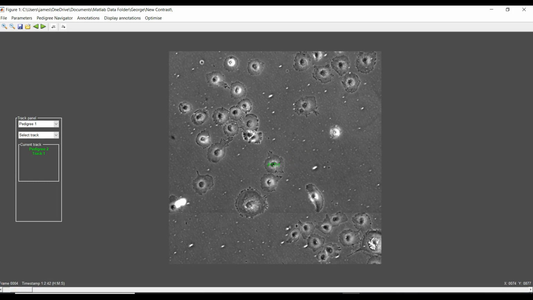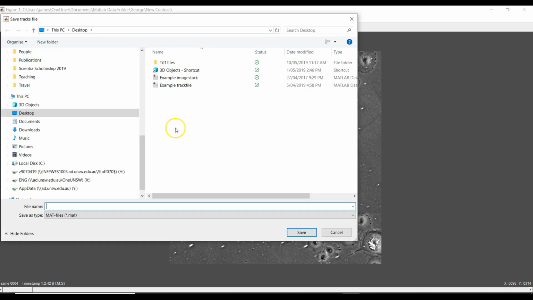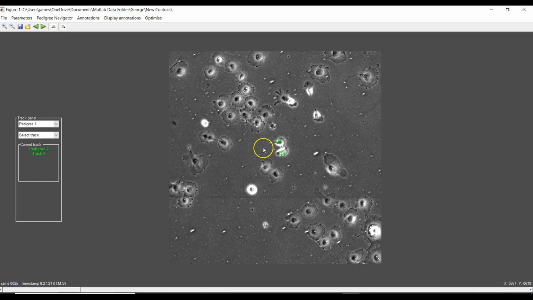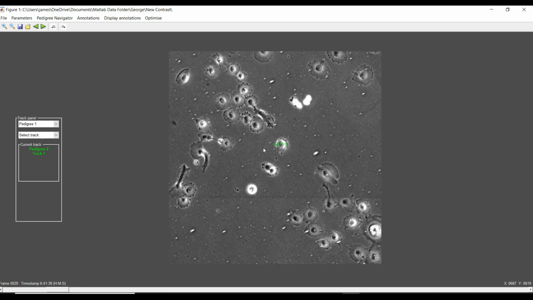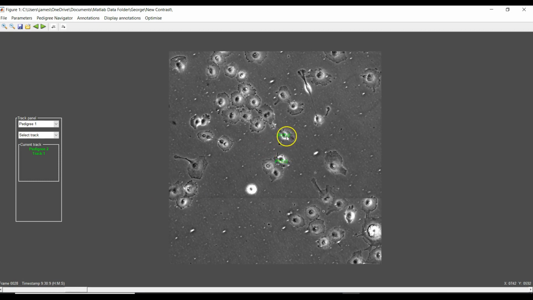So now that we've tracked cells, we should really save them as a file, as a .mat file. So you go to File, Save Tracks. I'm just going to call this new track file and save it. So I've now tracked the two daughter cells, and you can see that there are two daughters here, and here's progeny 1 track 2, progeny 1 track 3,